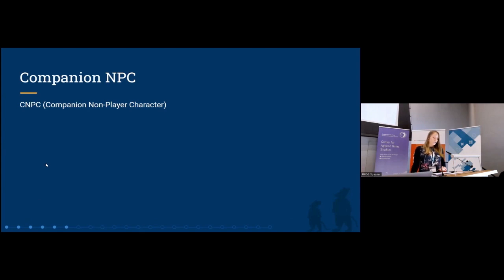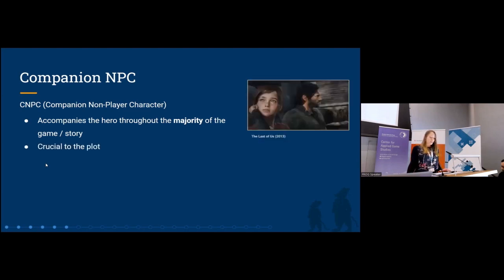For our research, we chose to focus on a specific subcategory of NPCs, the companion NPC, or CNPC as we refer to it in short in the research and this presentation. Several game researchers gave different definitions of what a companion NPC is. For the purpose of this talk, as we see it, a companion NPC is first of all an NPC that accompanies the player character throughout the majority of the story. Second, from a narrative perspective, it is a character which is crucial to the plot. In fact, the story itself cannot occur in the absence of the